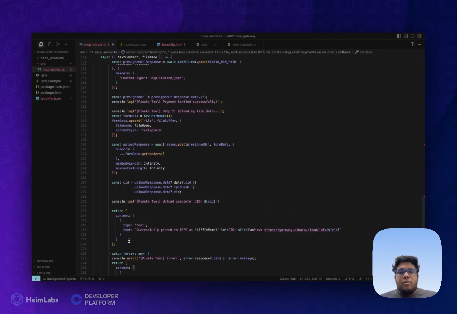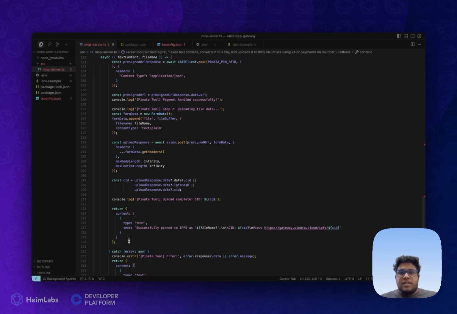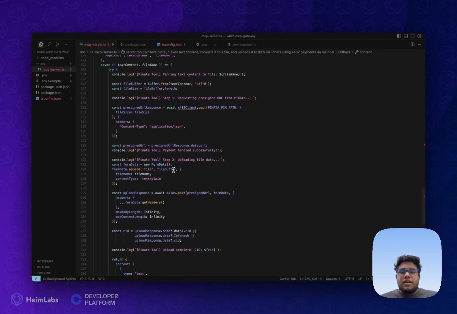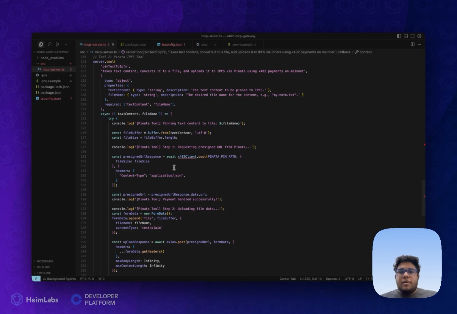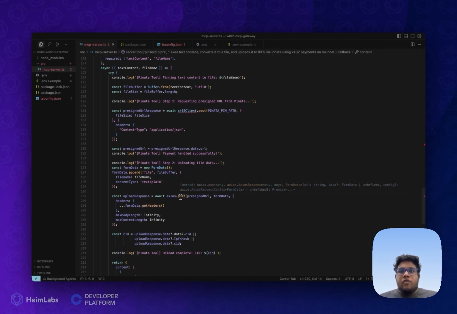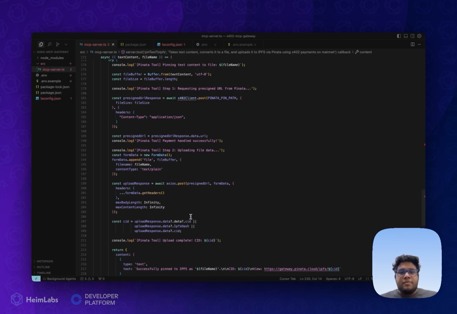If you want to know more about this process and see how this works in detail, you can check out our previous video as well, where we defined all of this in a proper server, and we were able to create a proper server for this Pinata X402 API. So you can check out that video to know in detail how the Pinata X402 API works. So now we are done with the tool. Now we can move on to define the main server function, where we would be initializing the MCP server, the Express server, and the X402 client. So let's move on to that.